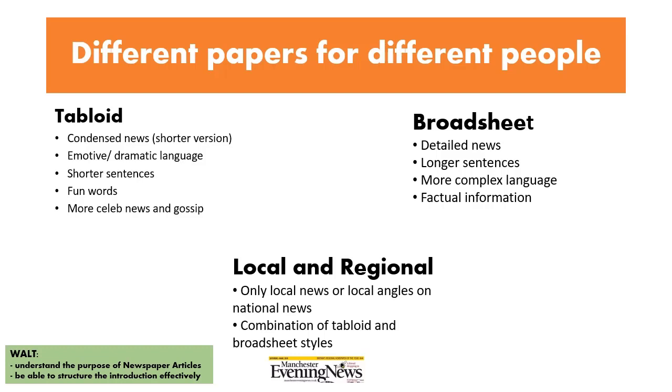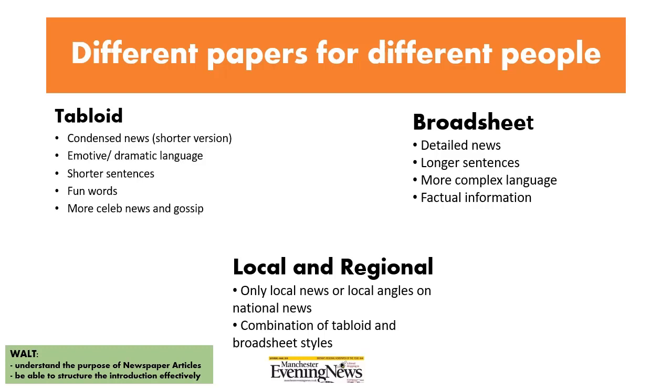Right. So tabloid newspapers, the news is condensed. It's a shorter version. There's a lot of emotive and dramatic language. Shorter sentences are used. More fun words are used. And there's more celeb news and gossip. Okay, so go back a slide, think about some of those newspapers where there's a lot of celebrity news, like